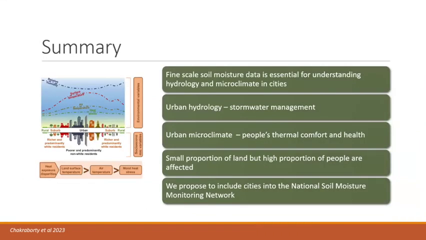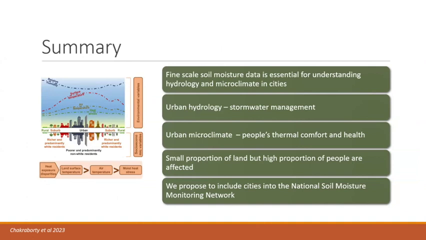So in summary, I think the urban measurements of urban soil moisture, or including urban landscape, is important because it, first of all, improves both hydrological and microclimate models and the combination of the two. Both of these things can or do have management or even policy implications because they are directly related to how we manage stormwater and people's well-being. And then